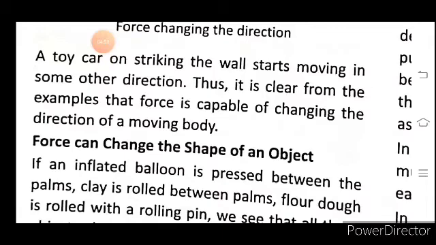of changing the direction of a moving body. यानी कि फोर्स कैपेबल होता है मूविंग बॉडी की डायरेक्शन को चेंज करने में।